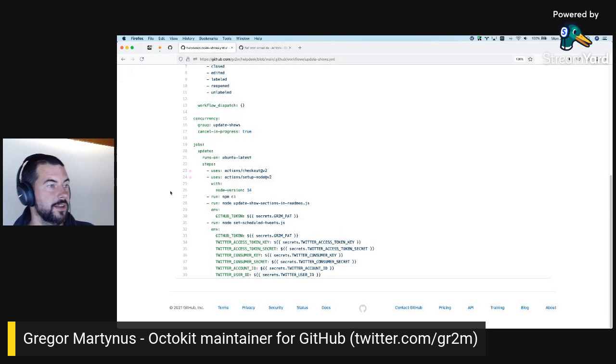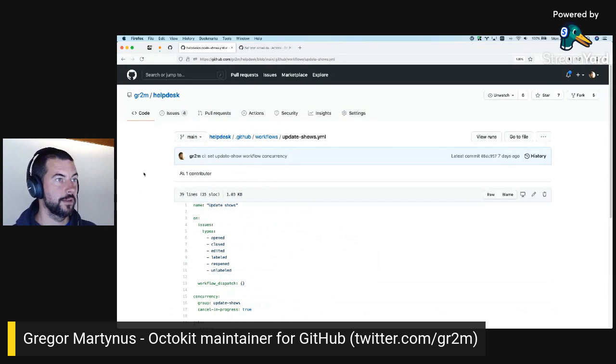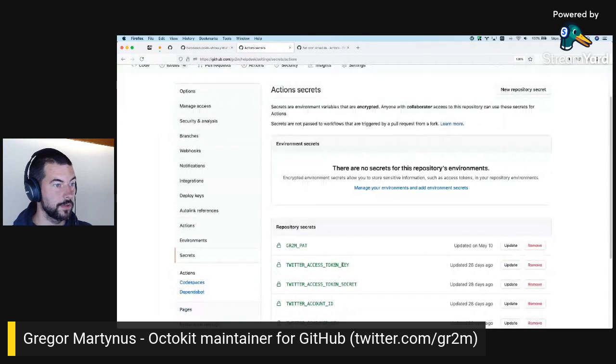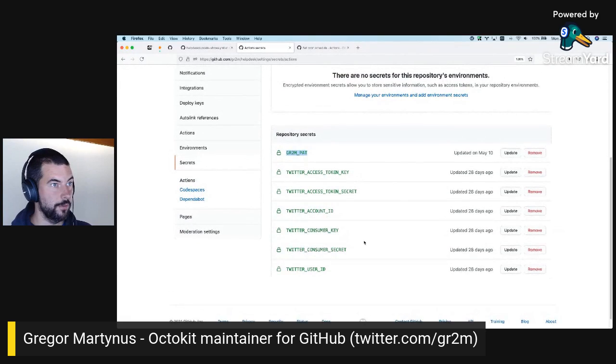And now I will add another one where I will need my personal access token, as I mentioned before. So this is the first thing that I will do. I will go to secrets, and I don't think I have one with workflow access yet. So I will quickly stop sharing here and add a token.